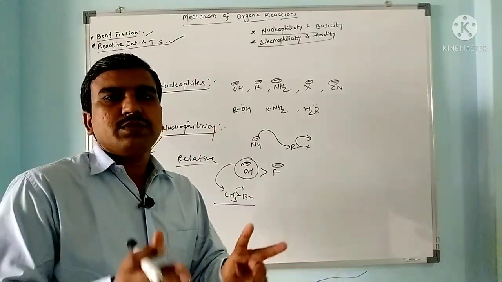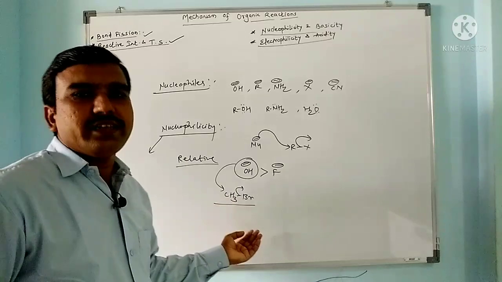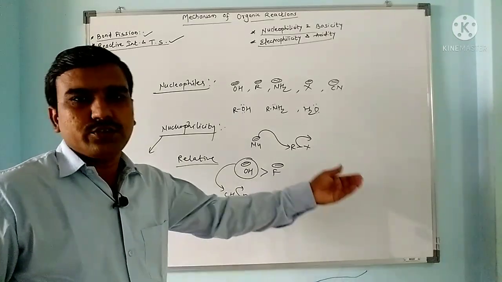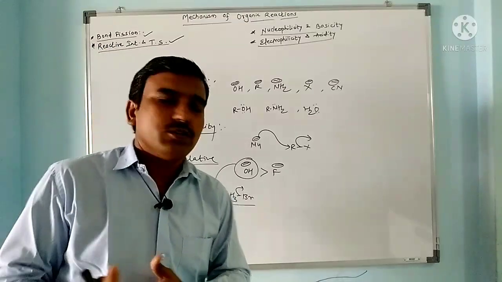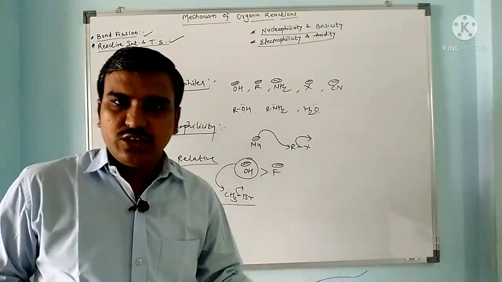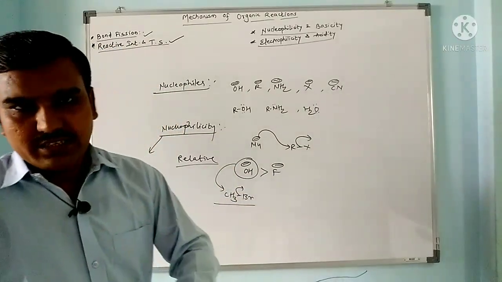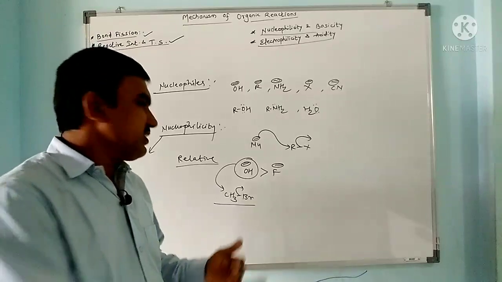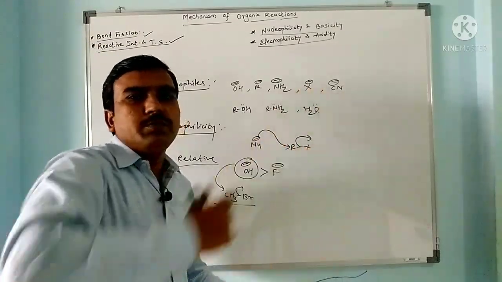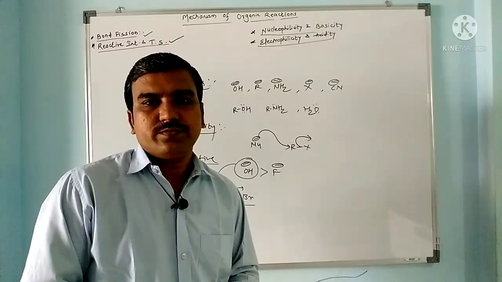Two nucleophiles can be compared on the basis of reaction with another electrophile. So what is its nucleophilicity? We can compare this with the treatment of methyl bromide with methanol. How fast does methanol react with this? Then we can compare this with OH minus: how fast OH minus reacts with this as compared to methanol. So this way we can find out nucleophilicity.